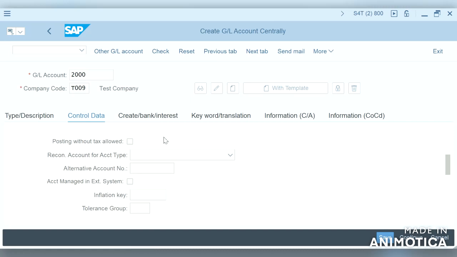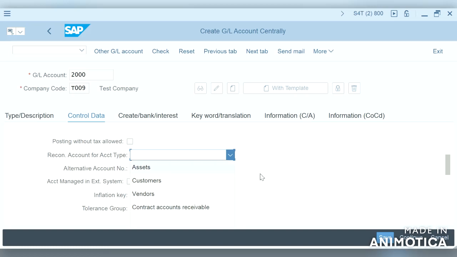Postings without tax allowed. If you enable this setting, posting to this GL can be made without any tax code, even if the tax category is set in the previous step. Reconciliation account for account type. As we discussed in our overview of financial accounting, a reconciliation account is a subledger account such as assets, customers, vendors, contract accounts receivable.